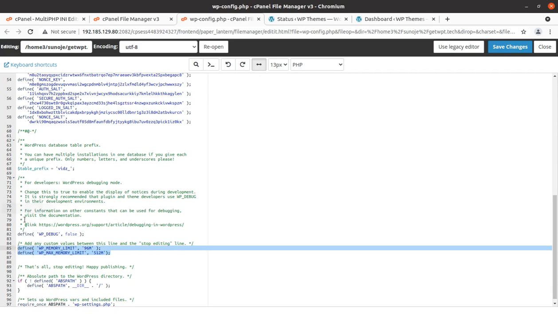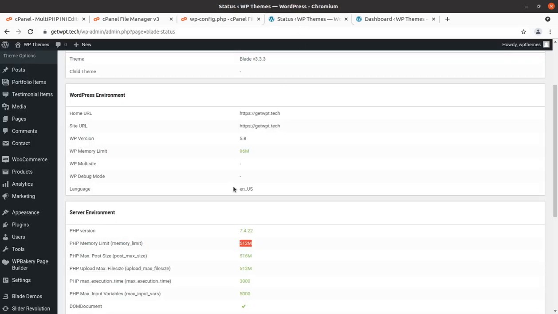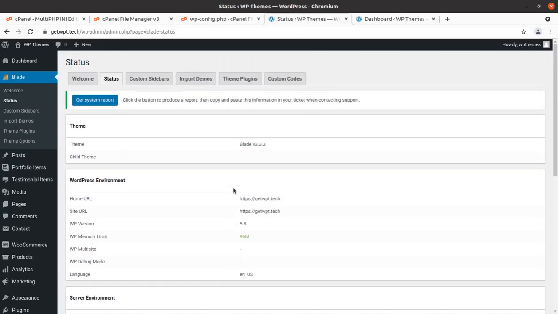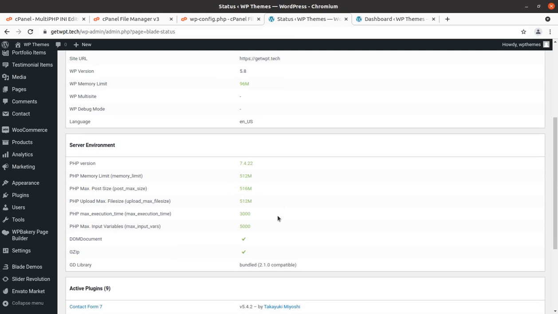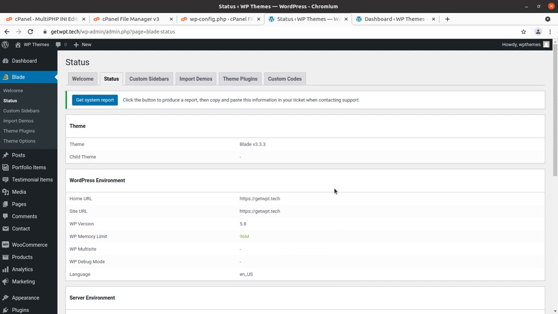And of course, it is going to enhance the performance of your website. You might also need this for importing demo content or similar activities where the status of the website is not showing adequate for running the WordPress installation. So this is an important video for you, and I believe you like this video and it is going to be helpful for your PHP settings and memory settings.